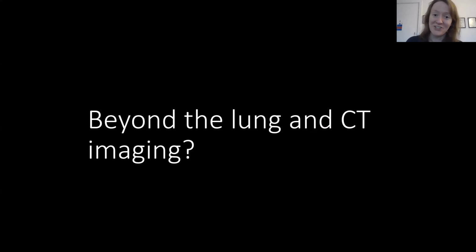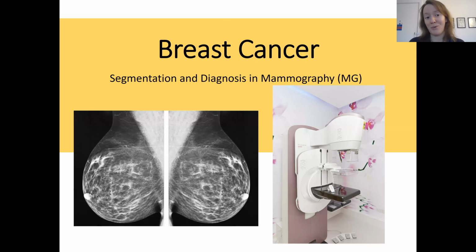But I've talked a lot about the lung. Can we move beyond the lung and beyond CT imaging? Of course we can. We have a modular tool developed. We have the machine learning backing it up that has been a well-established pipeline. So we've applied it then to breast cancer, specifically to the segmentation and the diagnosis in mammography images for breast